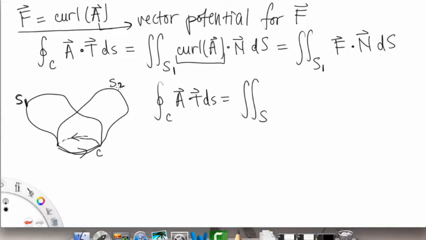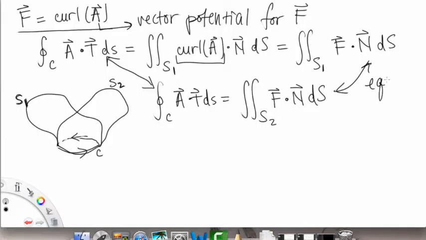So now we're concerned with S sub 2. So we can put S sub 2 here, and then compute curl of A, which is equal to F, right, dot N ds. So since these two line integrals are equal, then what they equal respectively must be equal as well. So these must be equal, which is an important finding because this means that the surface integral